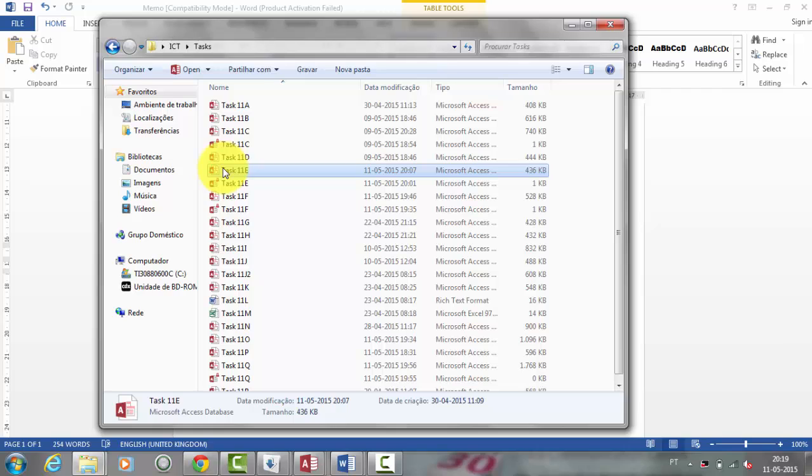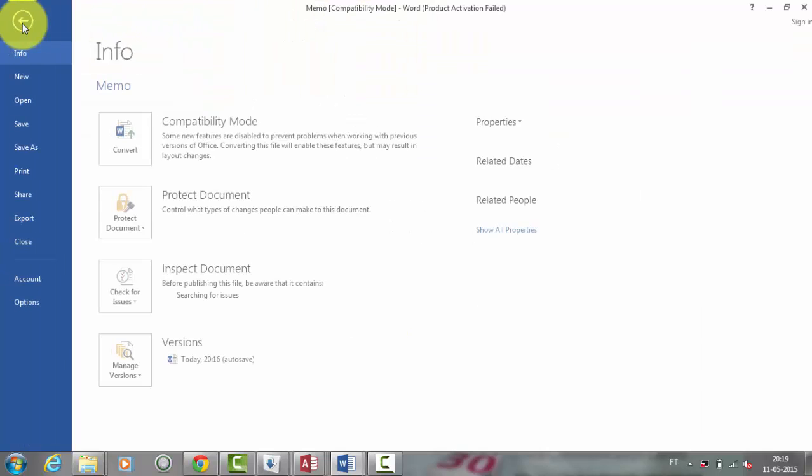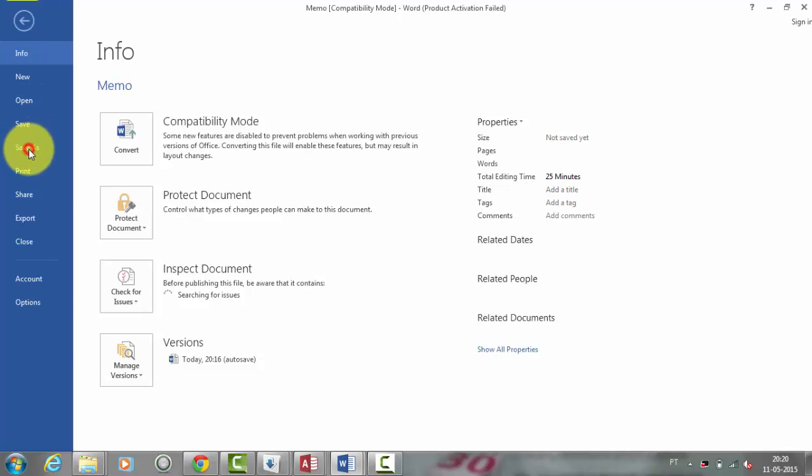Saving a document in different formats. Documents and data can be saved in different formats. In the earlier chapters, you have learned how to import different file types and how to export using different data types in Access. Saving a document has already been covered in an earlier chapter, but to save a document in a different file format, you have to click here in File, followed by Save As,